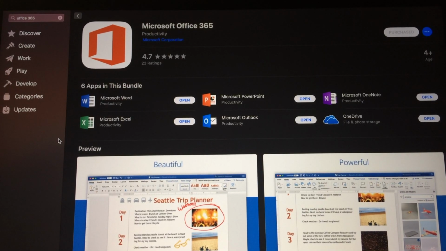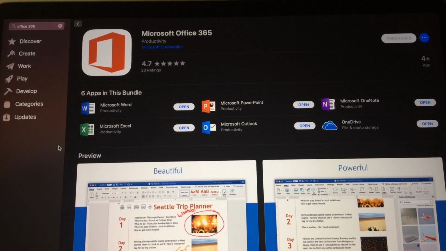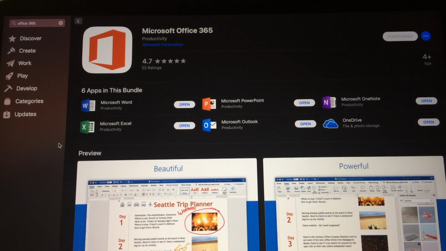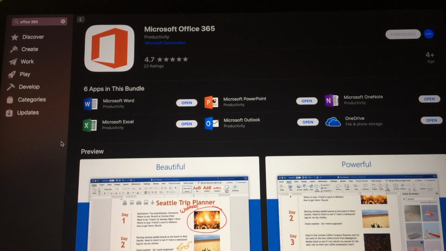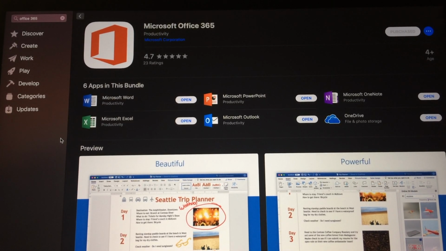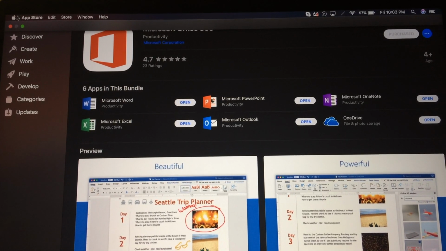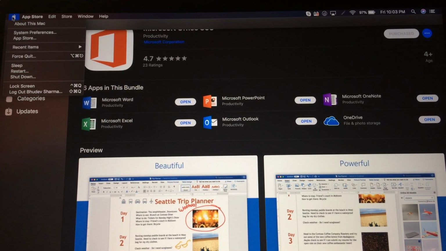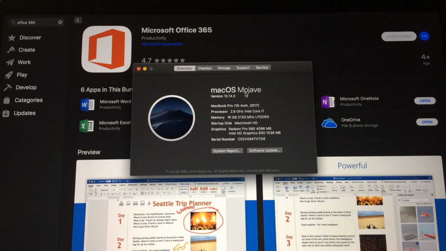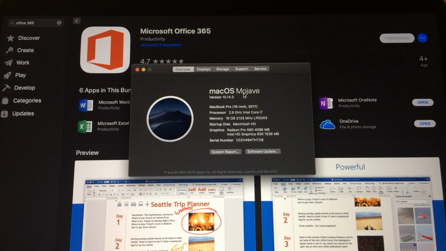Here we go. An important point to note here is we should have a minimum Mac OS release installed for our MacBook Pro or all the Mac operating systems. For example, the prerequisite Mac OS release is Mac OS 10.6.6 Snow Leopard or later. It should be installed, as only these versions of the operating system come installed with the App Store. And for example, if you see on my laptop here, if you go to About This Mac, you can check your OS version here. For example, mine is Mac OS Mojave, which is the latest version released by Apple, and it supports Office 365